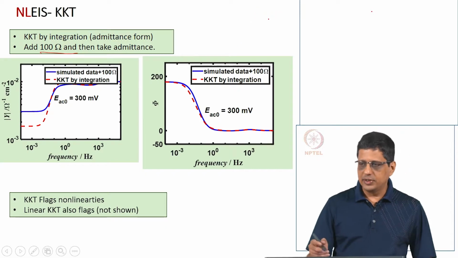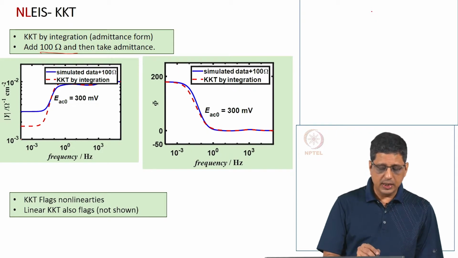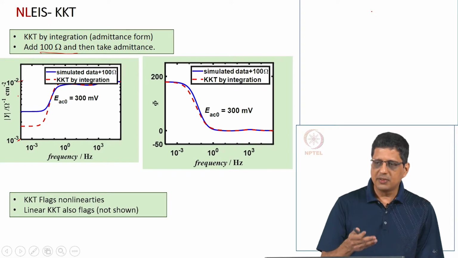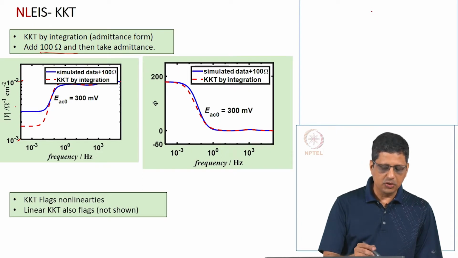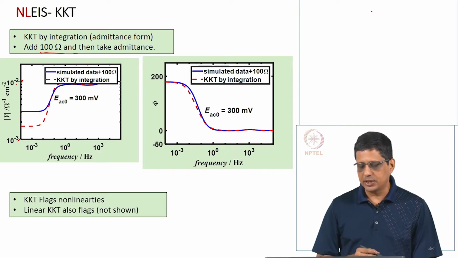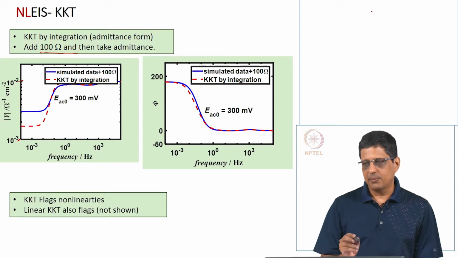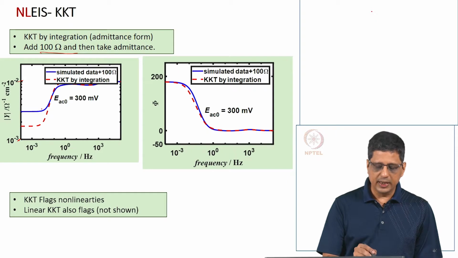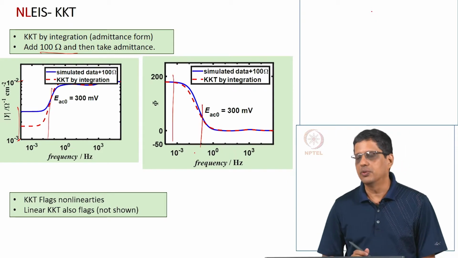So, I can avoid some of this round of errors, and after doing that, notice the following: this is 10 power minus 3 and this is 10 power minus 2. So, if I take the inverse, it is going to be somewhere between 100 to 1000 ohms. Here, because this is admittance form, it is going to be in the range of 10 power minus 3 to 10 power minus 2. 1 millivolt data would come as KKT compliant. 300 millivolt data shows a clear difference here in the phase as well as the magnitude.